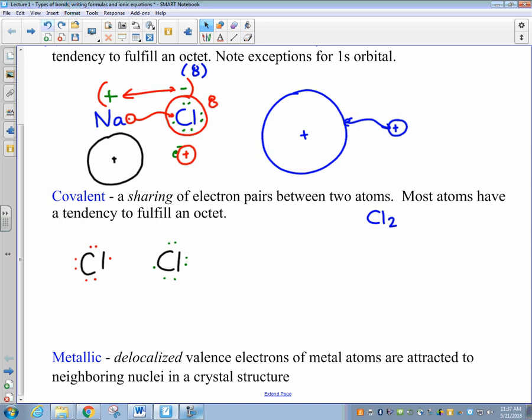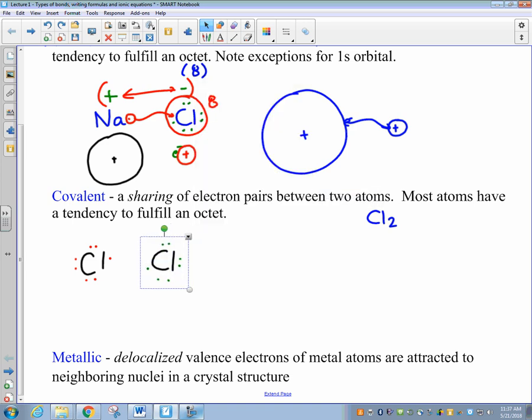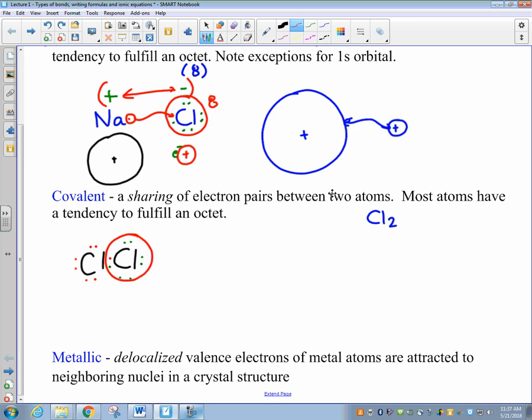So let's take a look at what happens if we bring these two chlorine atoms close together. If we were to bring these chlorine atoms closer together, and we put the two electrons immediately in between those two chlorines right there, you'll notice that those two electrons in the center are immediately between the two nuclei of the chlorines. That is a position close to positive charge on both the right-hand side and the left-hand side in my drawing, which would seem to us to be at the place of minimal potential energy for those two electrons,